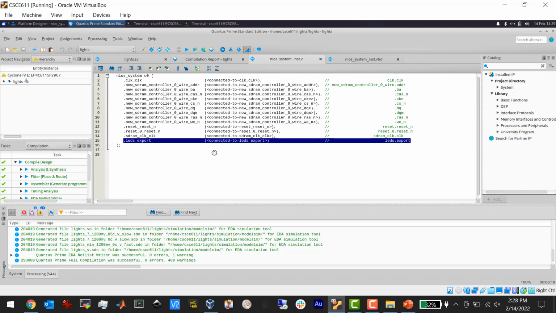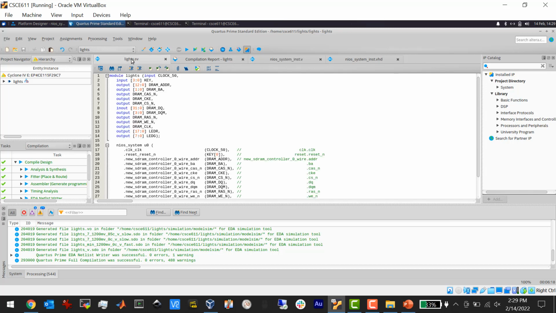Okay, so this is a template for being able to drop this Neo system into your top level design. And so the important thing to note here is that this is showing you what the ports are on the Neo system, which are not obvious by looking at Platform Designer. Does it make sense? Okay. So for example, notice there's LEDs export. You may have called that something different. And if you did, you just have to make the corresponding change over here in your lights.sv. Okay? Alrighty,